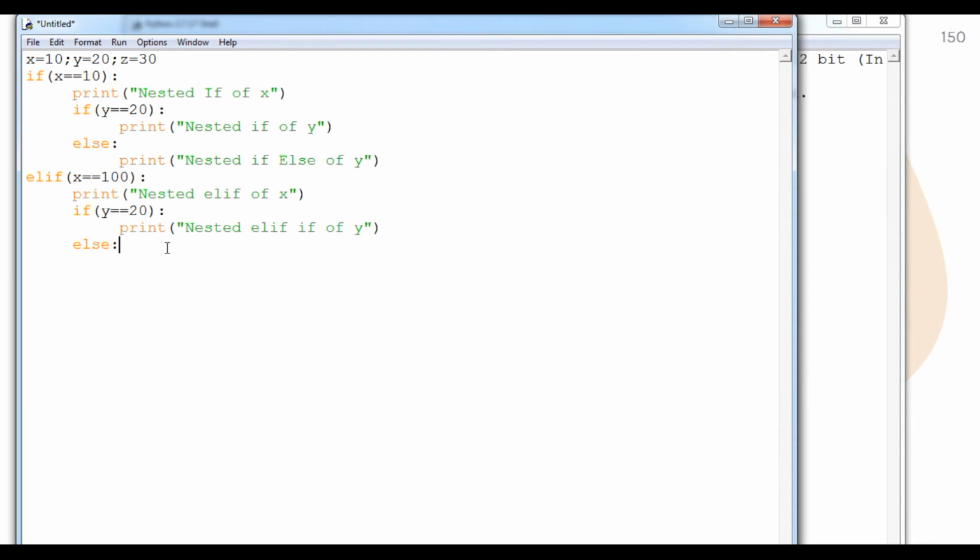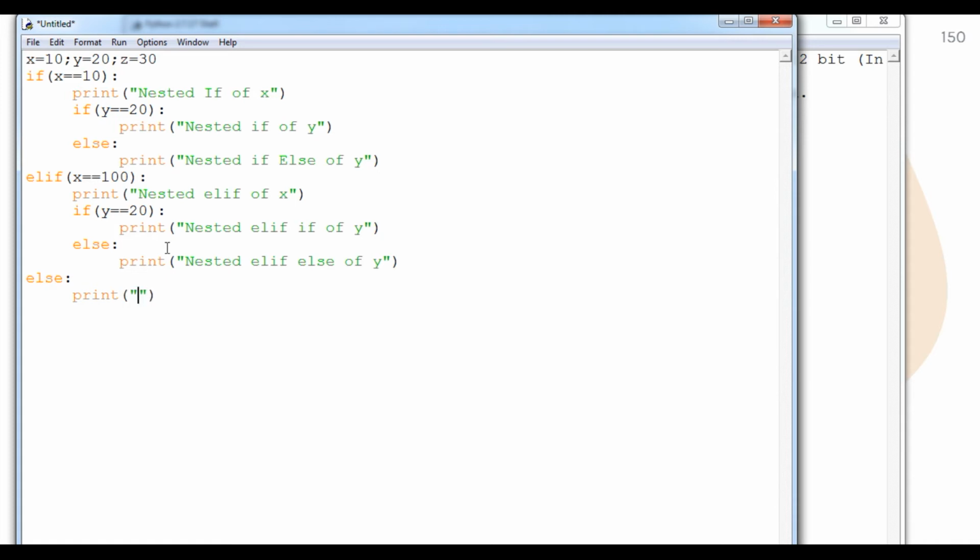Or else part, I'll simply type the same thing in terms of elif, nested elif else of y. Okay students, at last I will come here and type the else part, and then simply I will print